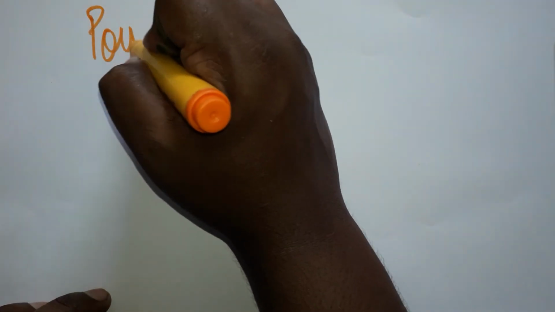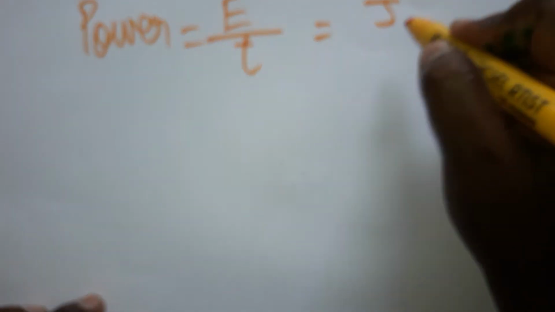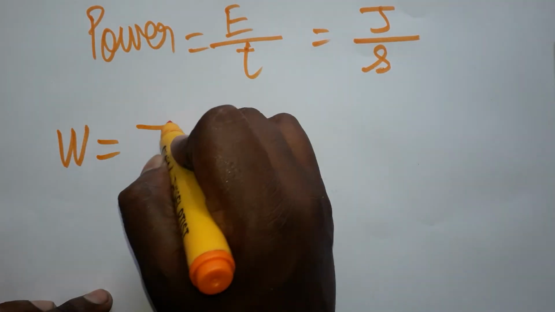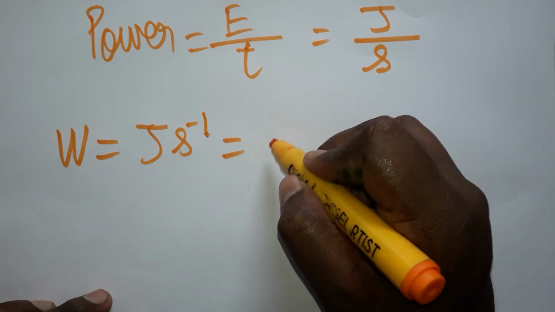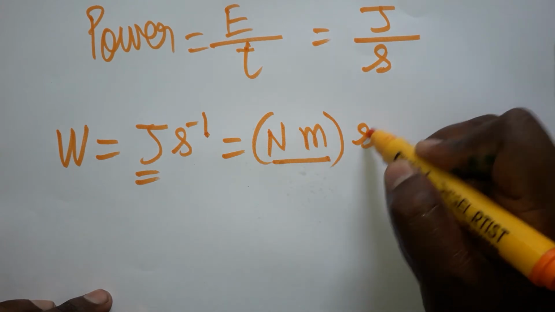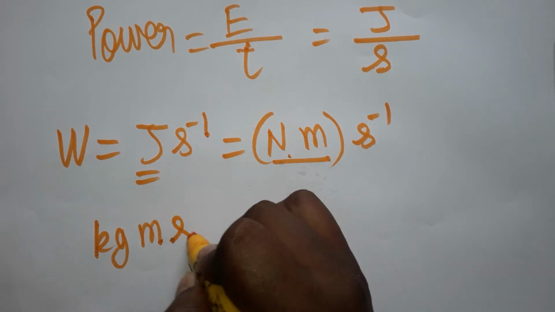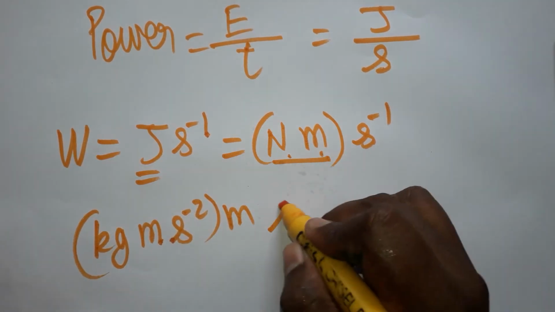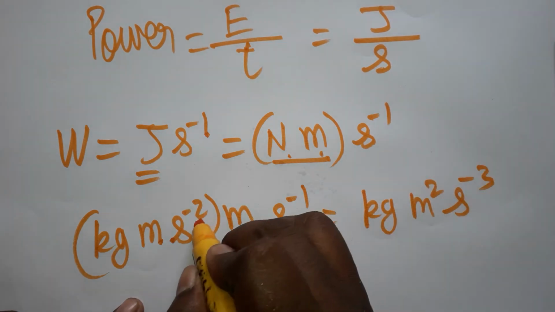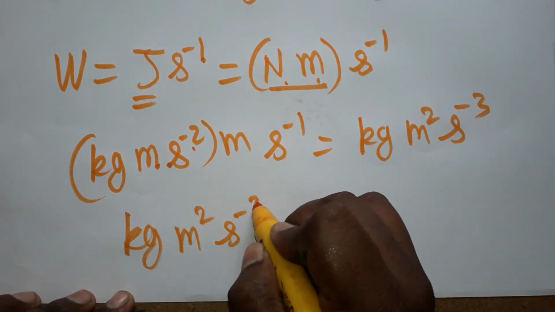Power is equal to energy by time. So the energy unit we can take as joule, and the time unit we can take as second. So the power unit is watt, which is joule second inverse. Otherwise, joule we can write as Newton meter, force into displacement. So joule per second is Newton meter second minus 1. Newton also we can convert to kg meter second minus 2, and into meter second minus 1. Finally we get kg meter square second minus 3. Minus 2 minus 1 gives minus 3. Now kg meter square second minus 3 is the SI unit.